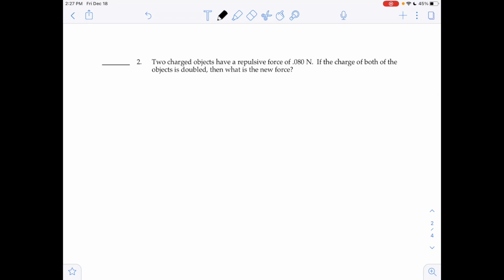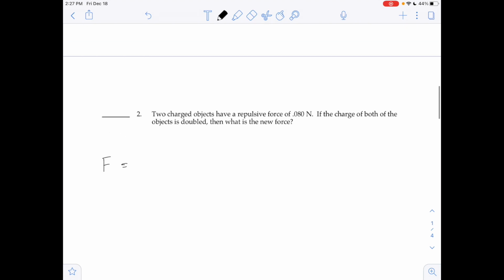So let's go ahead and look at some examples here. In this problem, we have two charged objects that have a repulsive force of 0.08 newtons. If the charge of both of the objects is doubled, then what is the new force on that object? So what we do to solve these problems is we're going to start out with